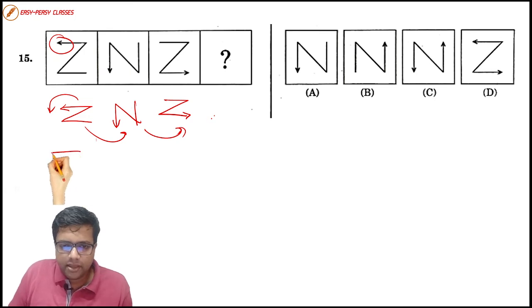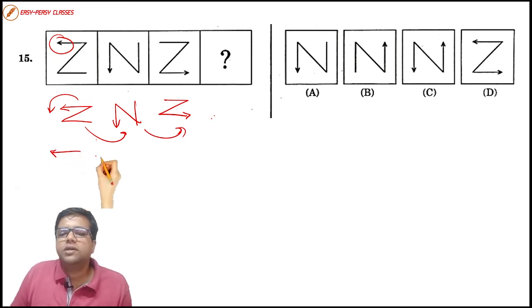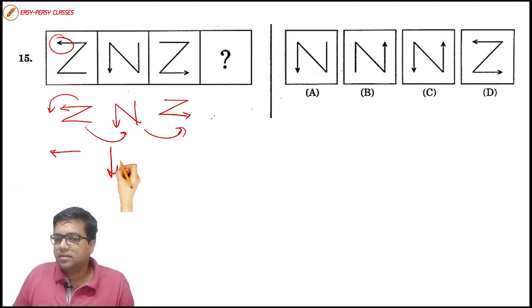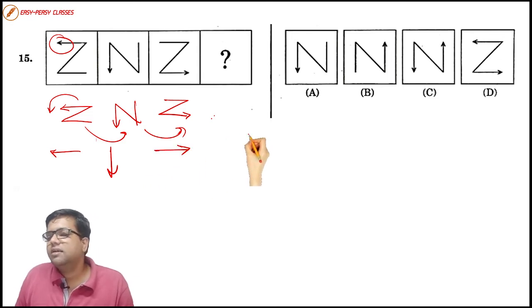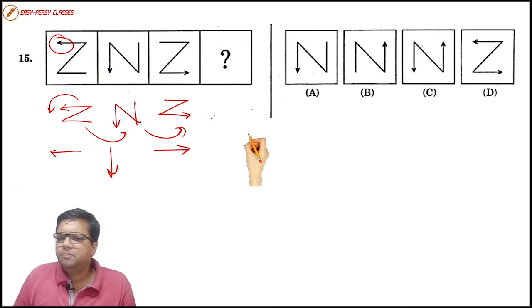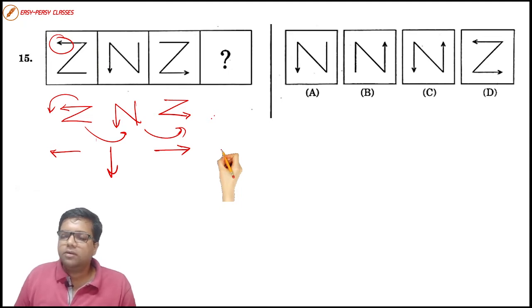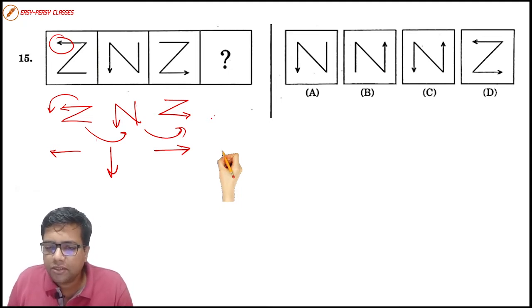Okay, so where is this arrow looking at? This is looking in the backward direction, towards the west direction. Where is the second figure looking with its arrow? The second figure is facing its arrow towards the southern direction, downward direction. Where is the third arrow looking to? It is looking towards the eastern direction or forward direction. Where will the fourth figure have its arrow directed?